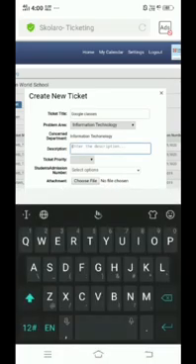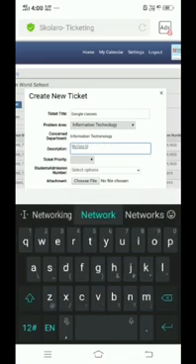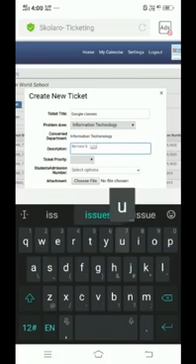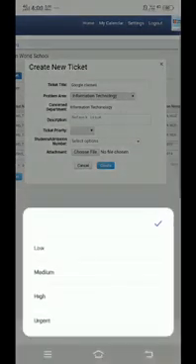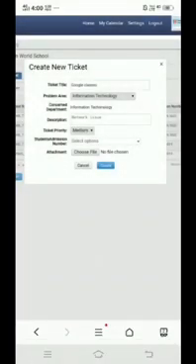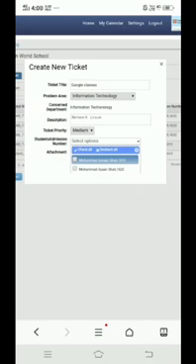Then describe, and then the ticket priority, again you see a drop box on your mobile, and then the student admission number.